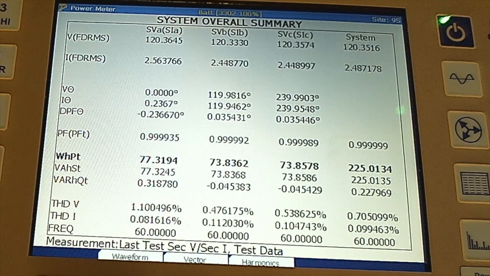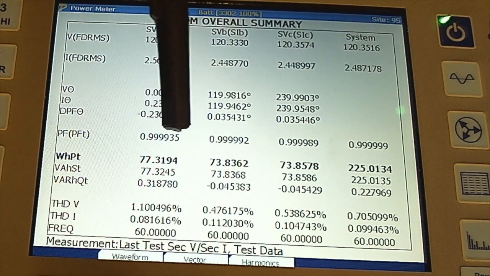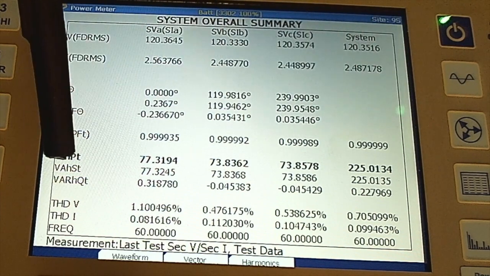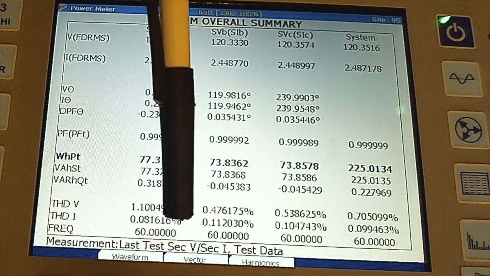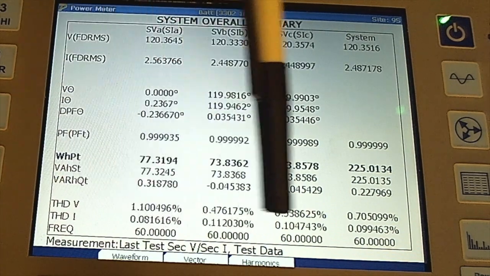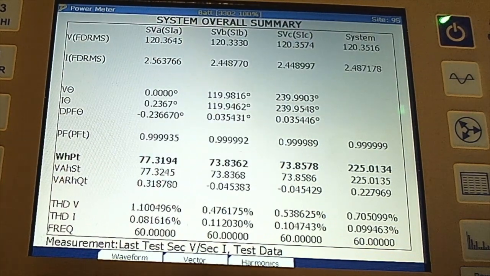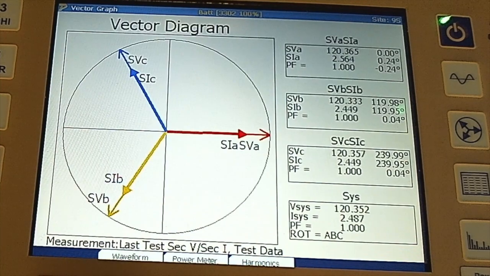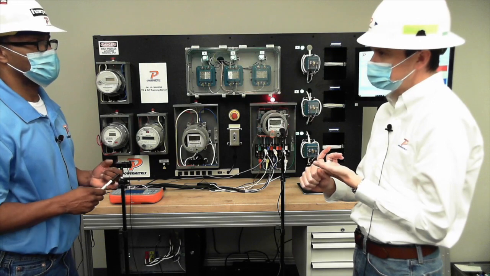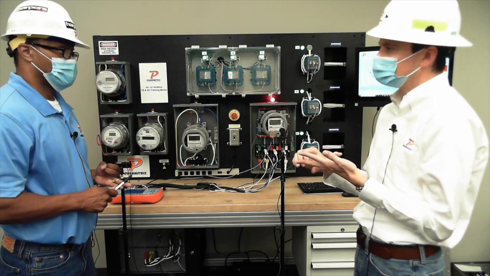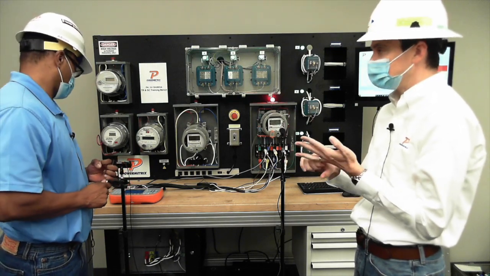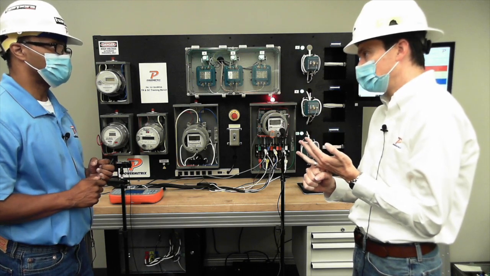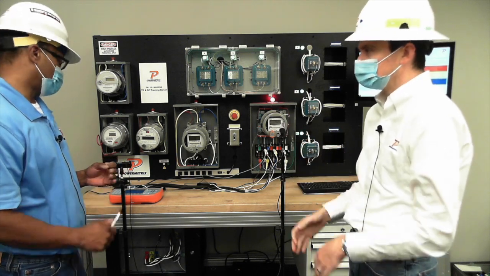So you can actually look at your volts all the way across, and then your currents all the way across, and your watts. And you can also look at your frequency and harmonics as well. So the kind of nice thing about it, it kind of runs 2 tests at the same time, doesn't it? Yeah. Well, I guess 3 tests. It actually saves all your basic test data, like your vector, your waveform, harmonics. Vectors. It saves your meter registration, and most importantly, it saves the demand test. Exactly. Yeah, all in one